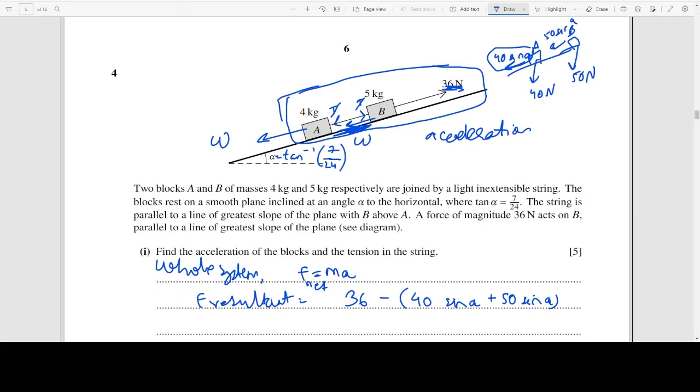Both of these are acting downwards, so we'll find the resultant force by subtracting: 36 minus 25.2,